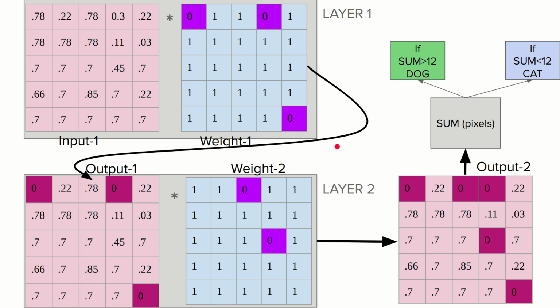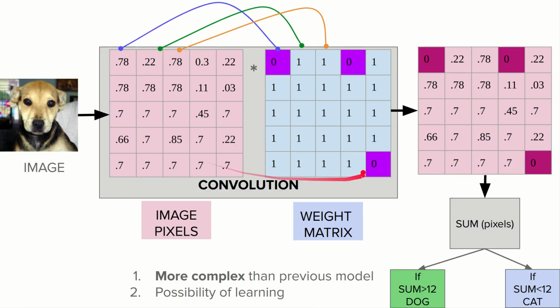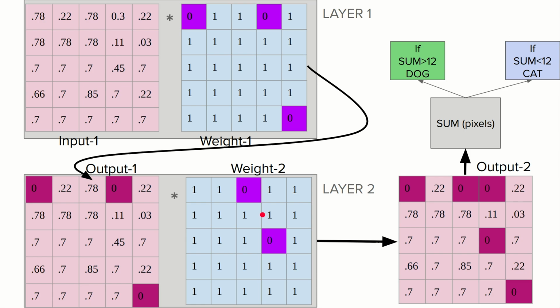Okay, going one step further, instead of having just one single weight matrix, let's say now we have two weight matrices to introduce more complexity in our algorithm. In the first step, we have our input image. We do the matrix multiplication with the weight 1 matrix to get an output matrix. This is the same operation that we did before, so till this point everything is the same, nothing is changing.